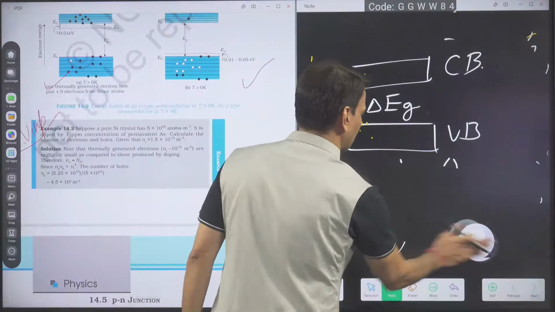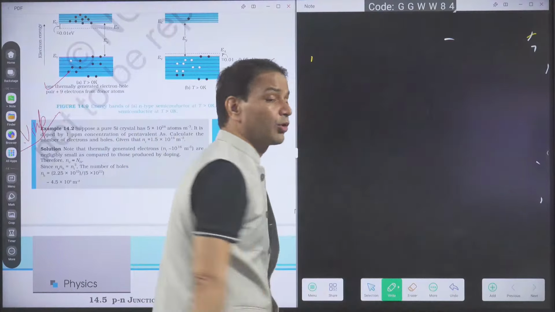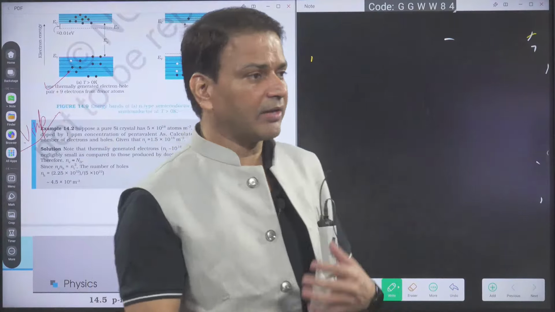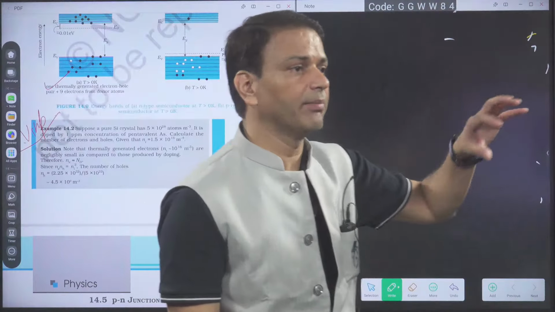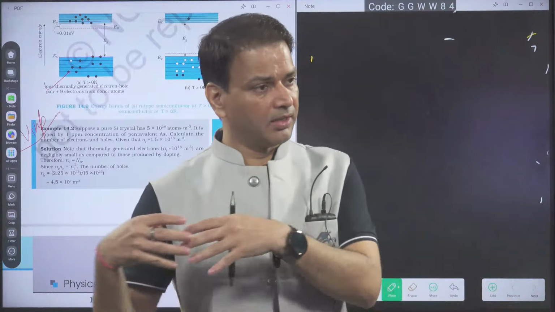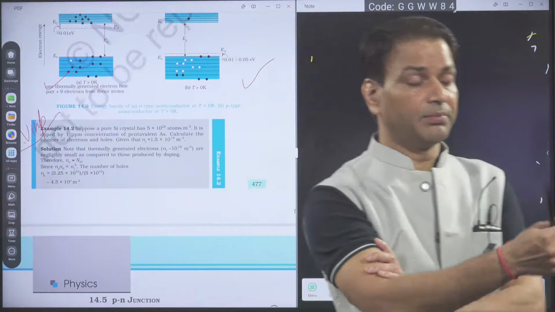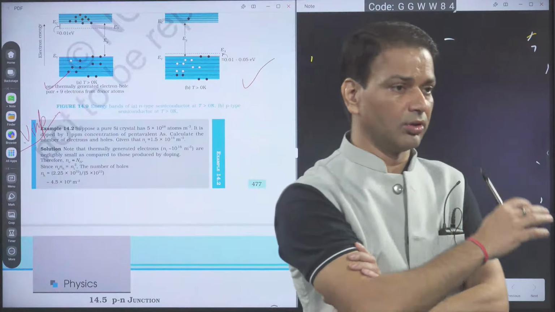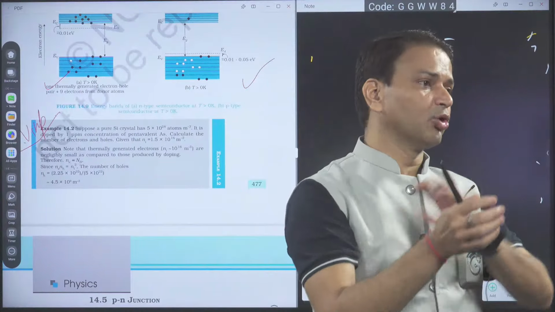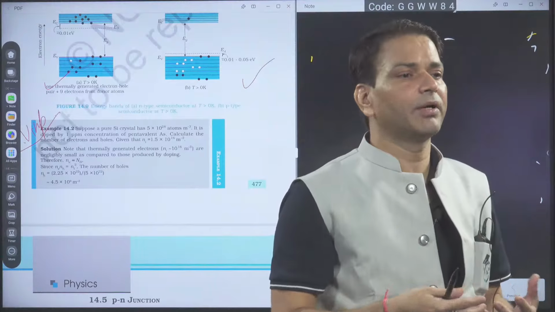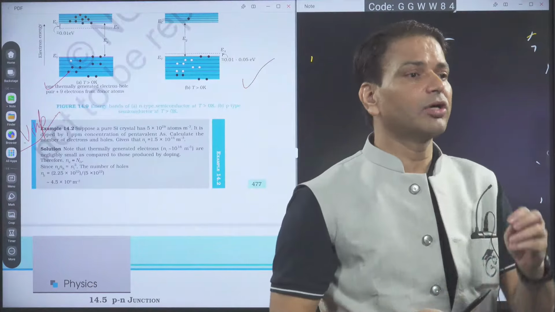One thing I said: in the intrinsic semiconductor, the number of free electrons and the number of holes are equal. But when we make the n-type and p-type semiconductors, in the n-type semiconductor the electron density is very high in comparison to the hole density, and in the p-type semiconductor the hole density is very large in comparison to the electron density. But how will we find the numbers? Suppose I am doping; we cannot count the exact number. So all the formulas we have learned in this topic are not exact.